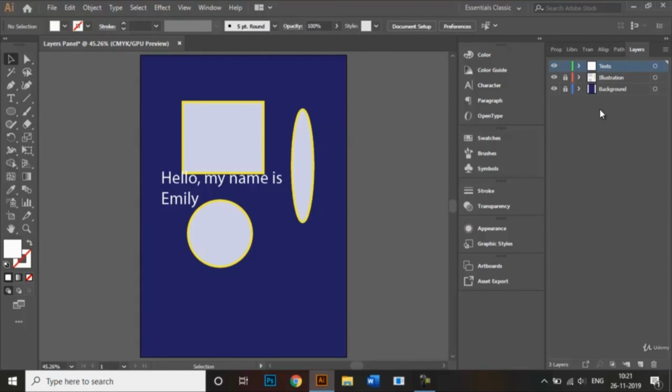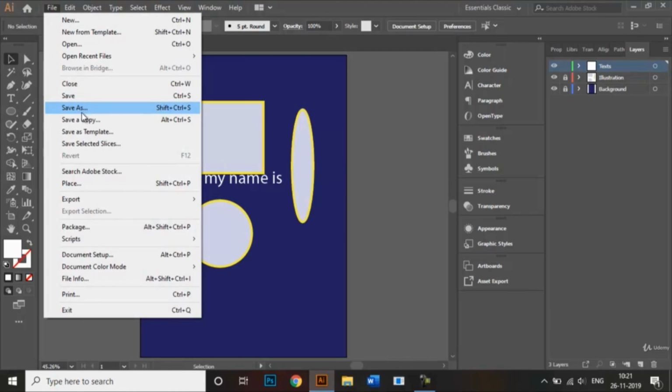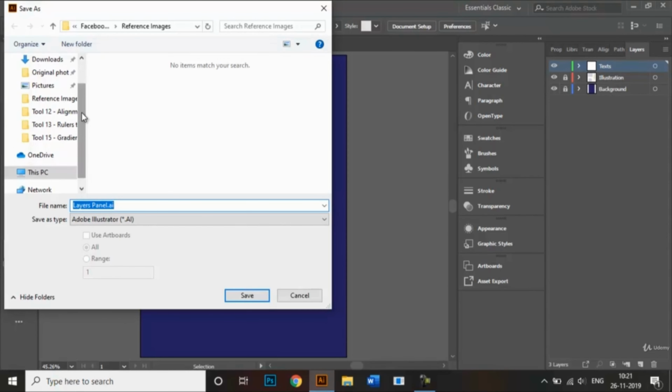Now, once we've made our illustrations, we've explored it enough, and I want to save my document, right? So to do that, we go to the file option right here and click on save as. So by default, our document will be saved in the Adobe Illustrator format, this AI format.